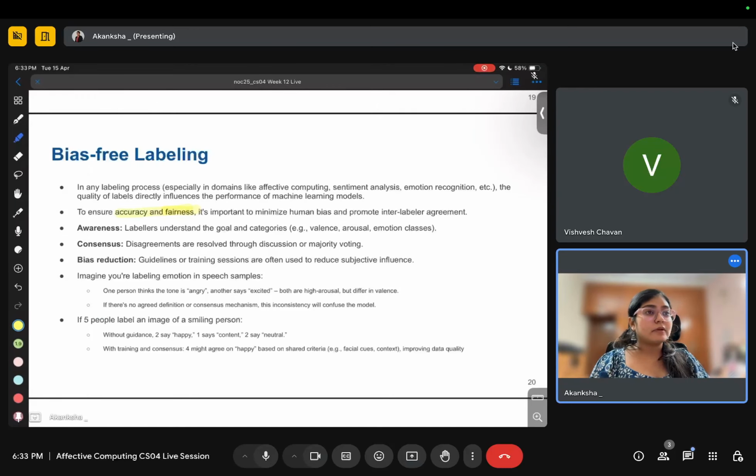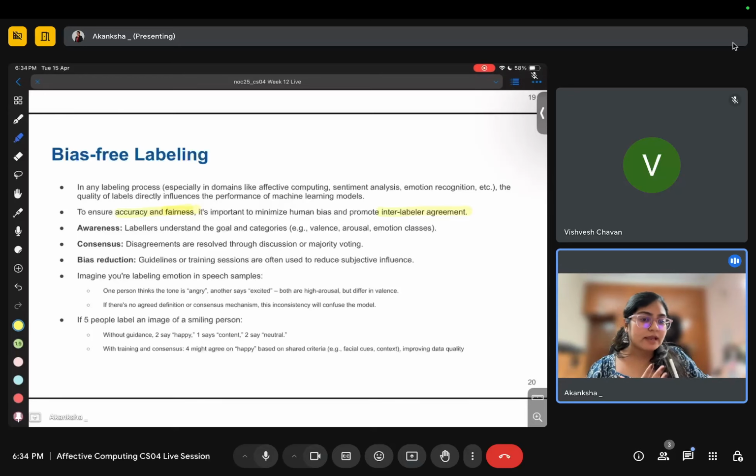Also, if all the different labelers are able to understand, it is highly probable that the interlabeler agreement will be high. Interlabeler agreement means that, let's say there is a picture, and there are three labelers. I am saying that the picture depicts happy emotion, the second person is saying sad, and the third person is also saying happy.